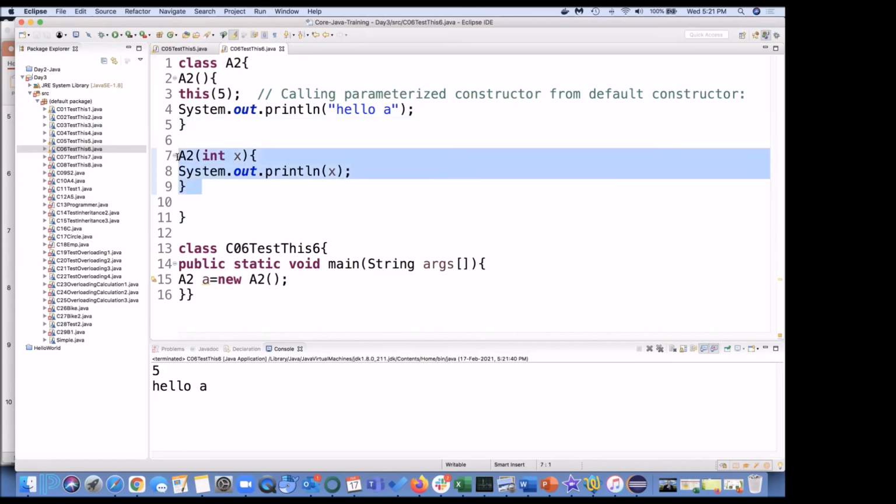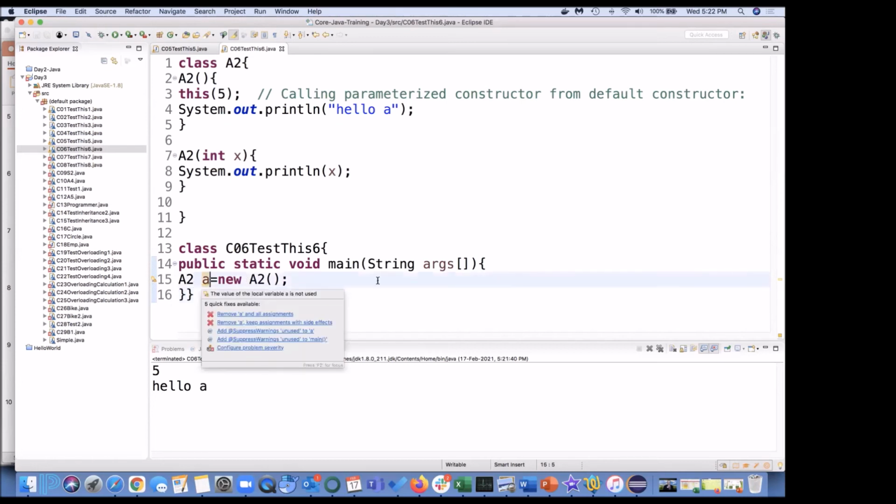So what we are doing here is, see, constructor after constructor we are calling, and that is known as constructor chaining. I have just created one object, and if I'm creating one object, ideally only one constructor should be called.